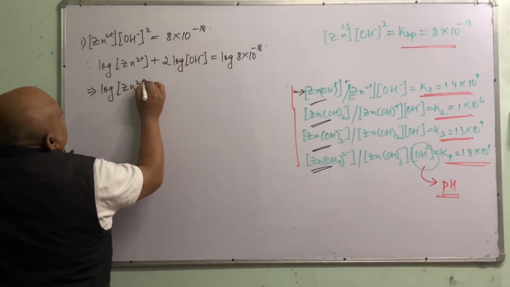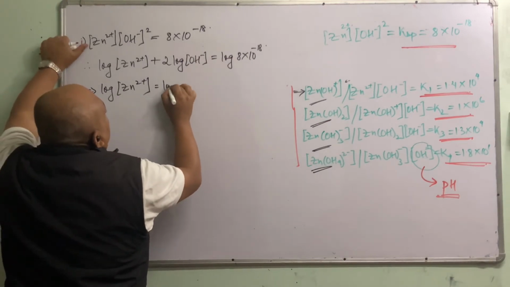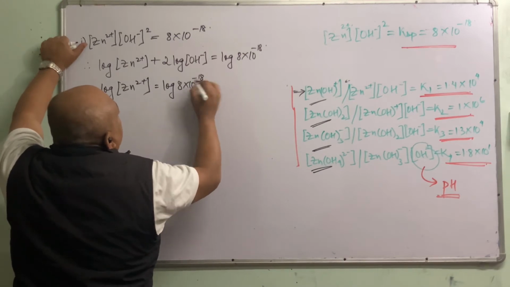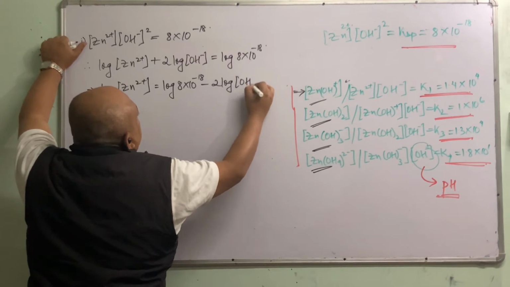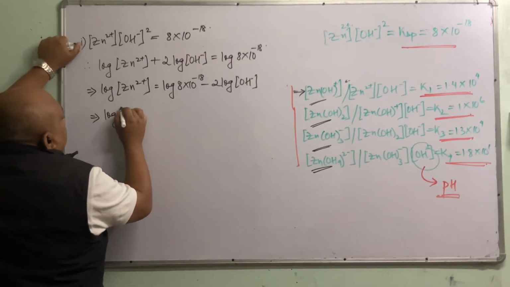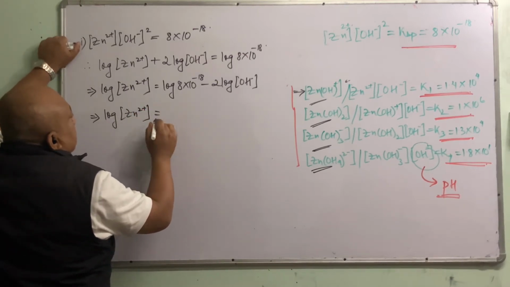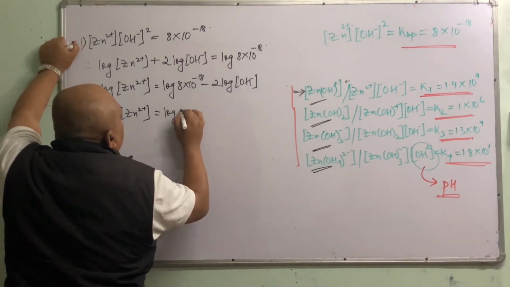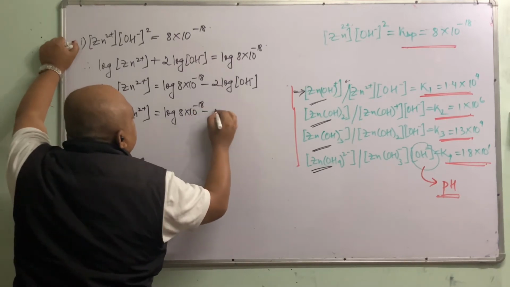Log of zinc 2+ is equal to log of 8 into 10 to the minus 18 minus 2 log of OH. Log of Zn2+ is equal to, let it be, log of 8 into 10 to the minus 18. This is minus